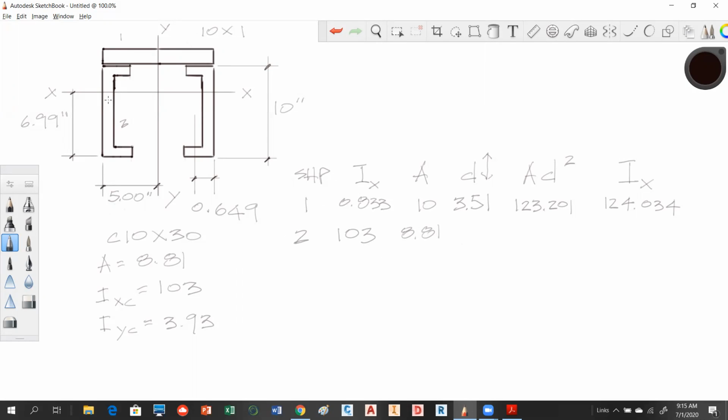The D distance is the distance from this guy's centroid, which would be 5 inches up, minus this. So the difference there gives me 1.99. 1.99 squared times the area is going to yield 34.889. We will add these two together, and we'll notice we're coming up with